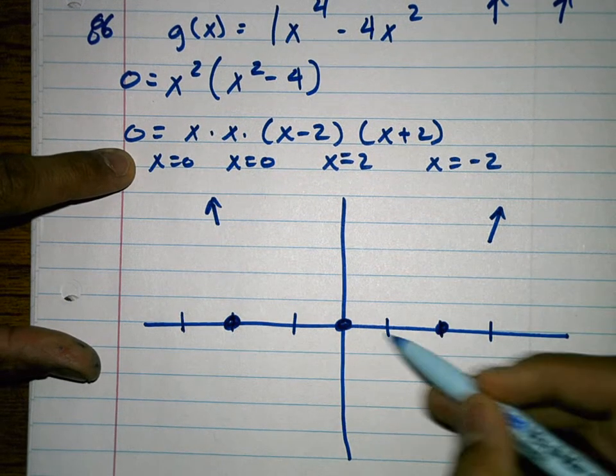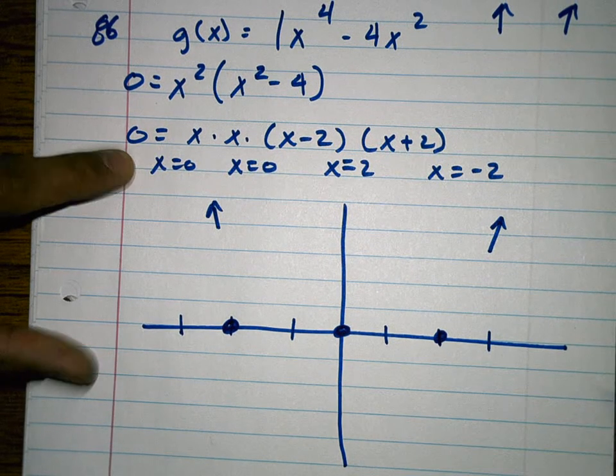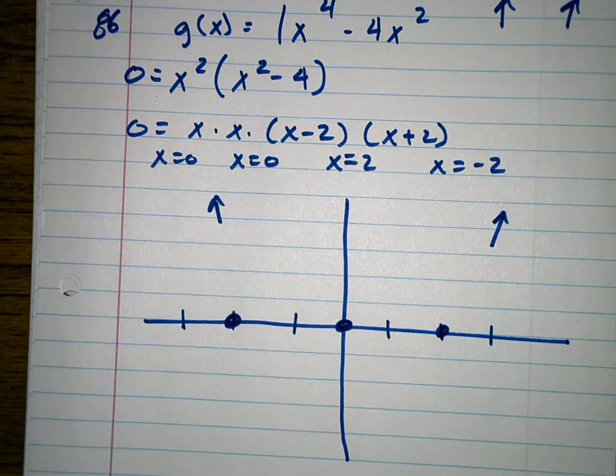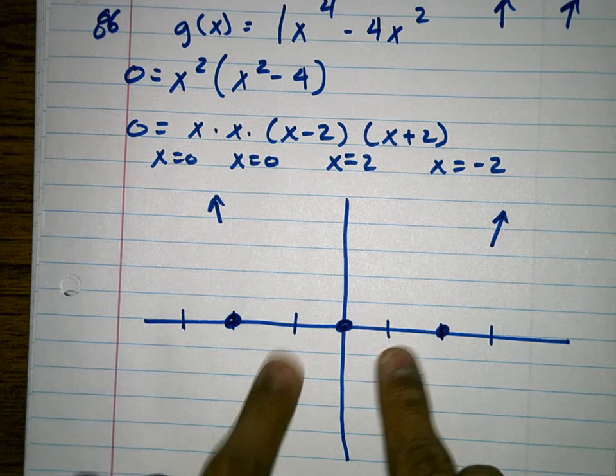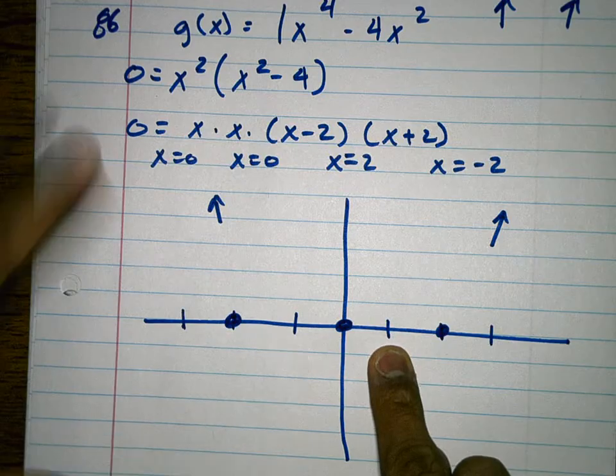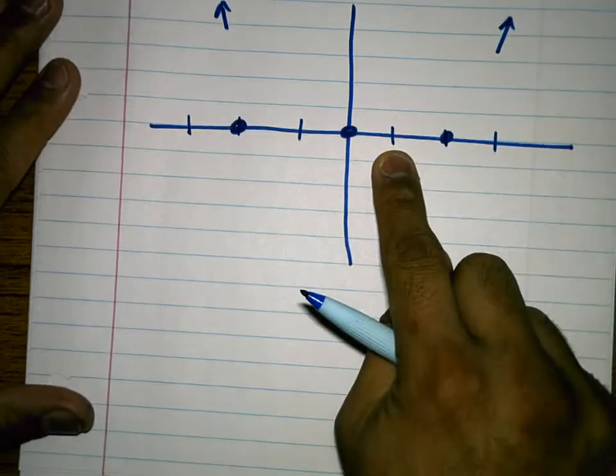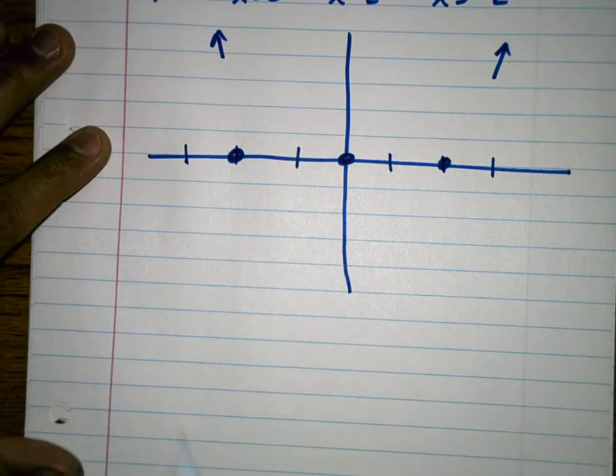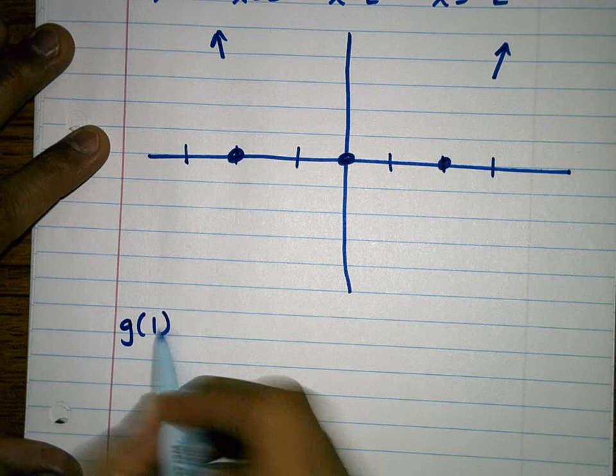I just have to figure out how far down I need to go. So I'm going to plug in some points. I'll just plug in 1 and negative 1. Those are about right in the middle. They actually are in the middle. So I'm going to come down here, give myself a little room, and plug those into the original function. So that is g of 1,